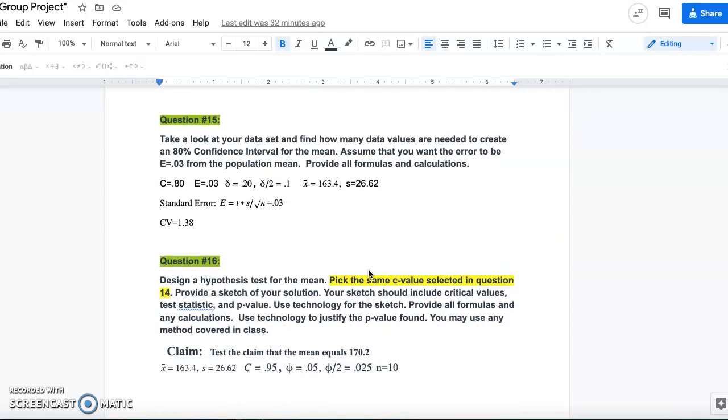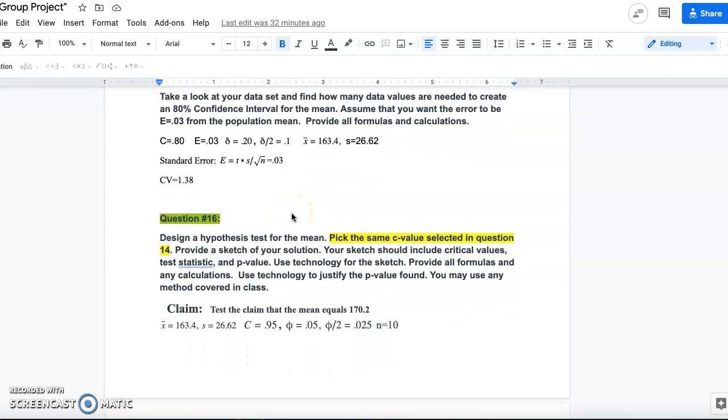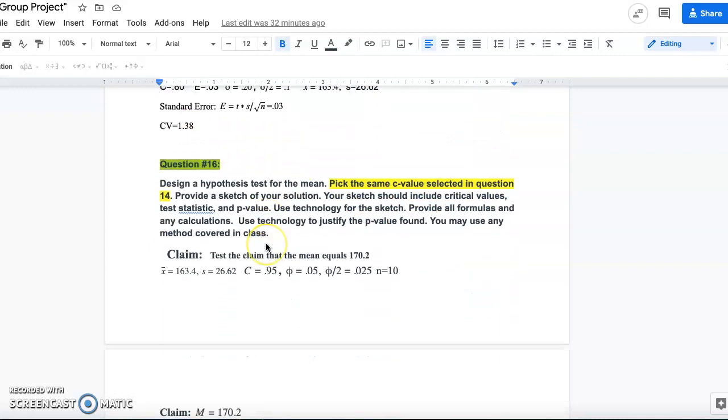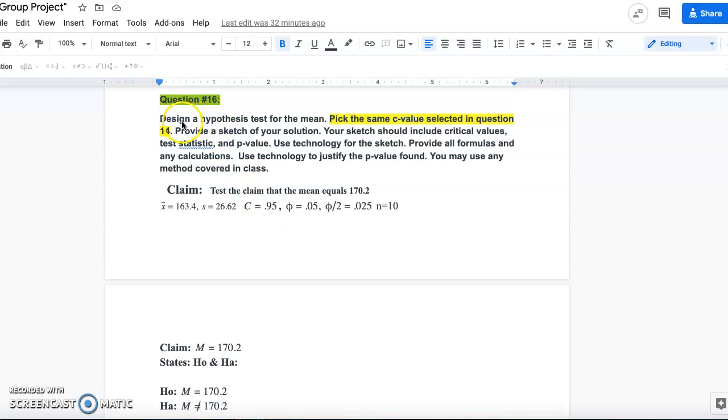And then for question 15, I actually didn't quite understand it, so I tried starting it. I didn't end up finishing it. Sorry, guys. But for question 16, it says design a